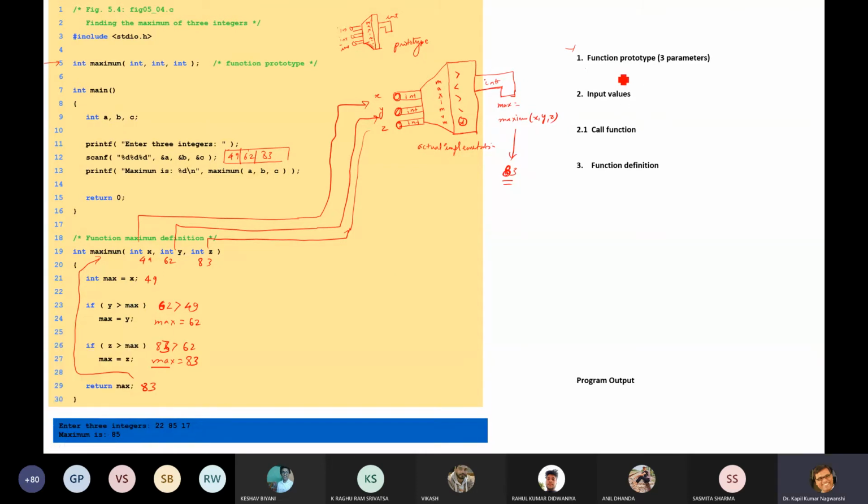So the prototype is integer maximum, integer, comma, integer, comma, integer, and then the input values are a, b, and c in the main program. The function call is maximum a, comma b, comma c in the main program.